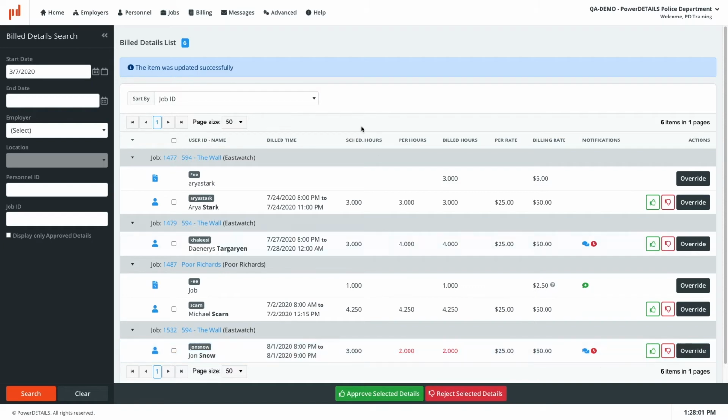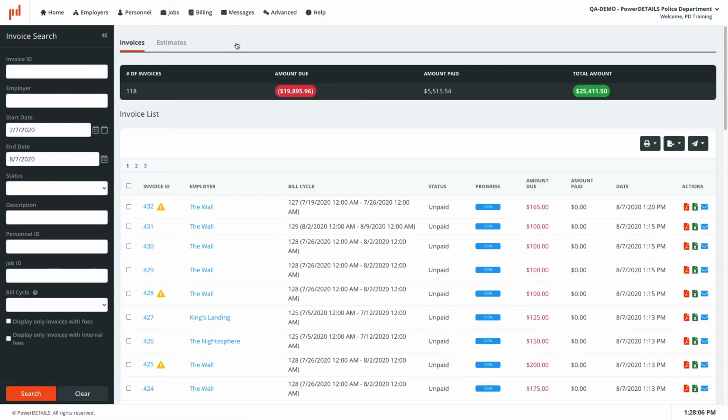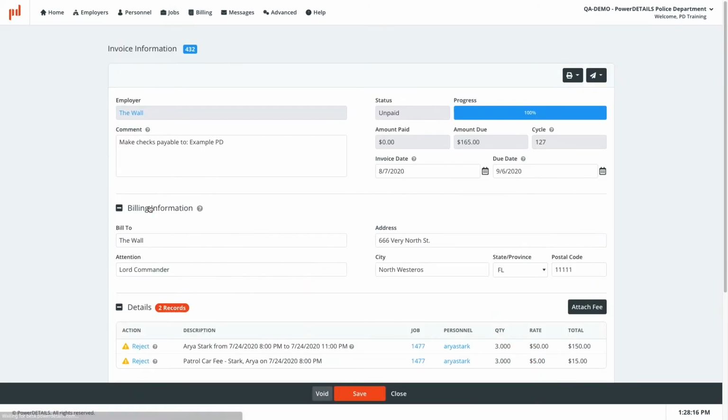invoices. Invoices containing these details will display a yellow warning icon to alert administrators and personnel administrators, if applicable, that this invoice contains details that are still in review. Opening the invoice by clicking the ID will display its line items and indicate which specific personnel or fees are